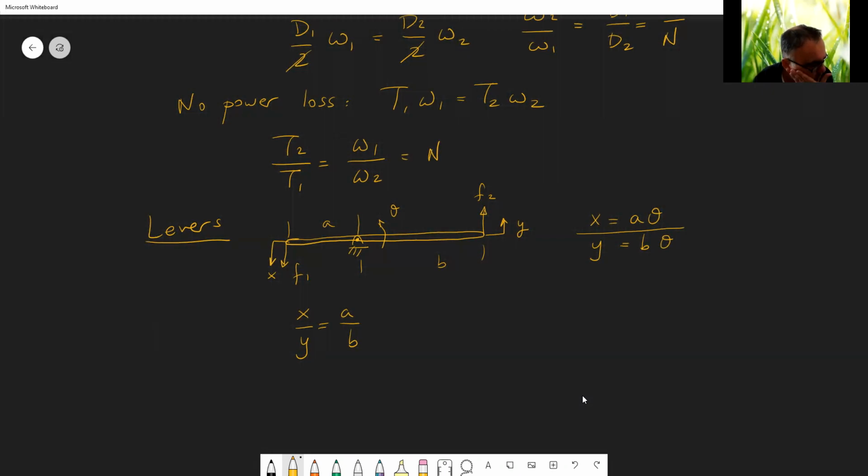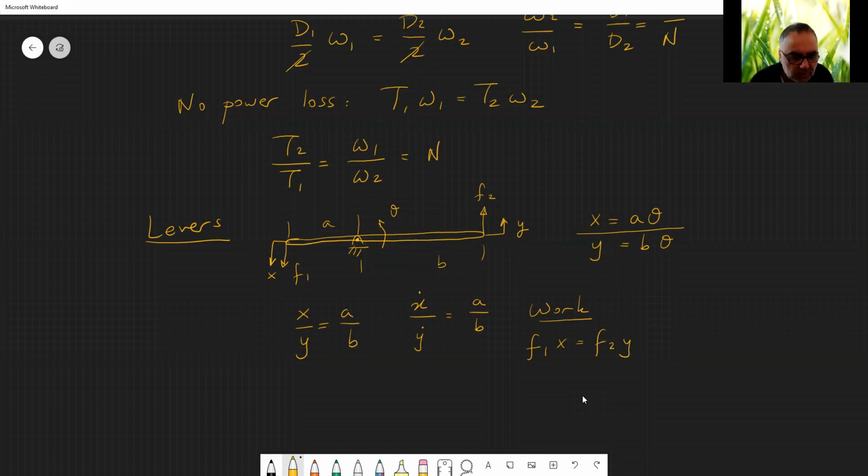So x over y is equal to a over b. And also, you can say that x dot over y dot, the velocities, have the same ratio, a over b. And also the work done, which is force times displacement, or you can say the energy or the power, F1 times x is equal to F2 times y. So you can say F2 is equal to,